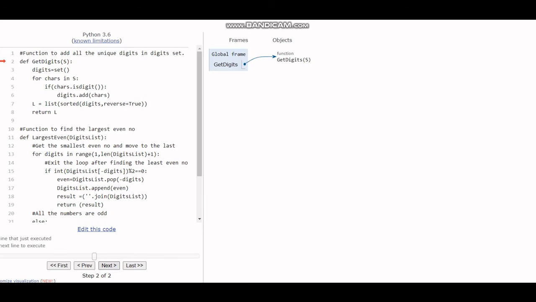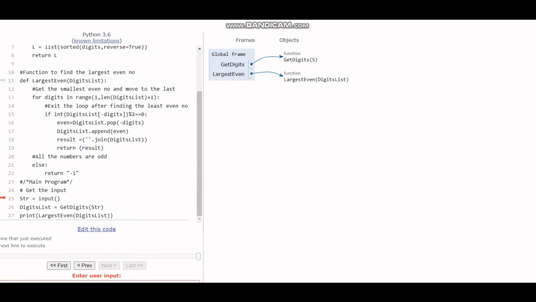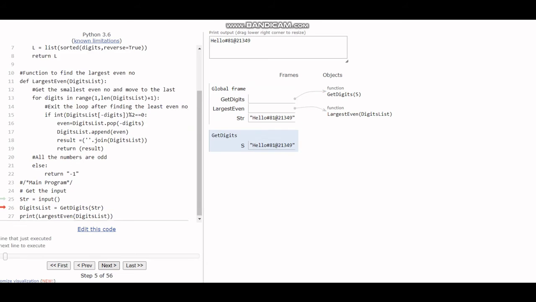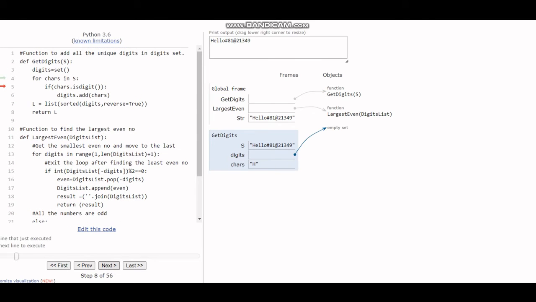We are going to execute this for the same input, which has more than one even number. So what is happening is we are finding the output with the digits.